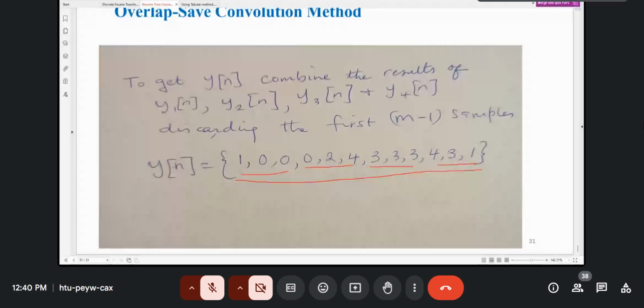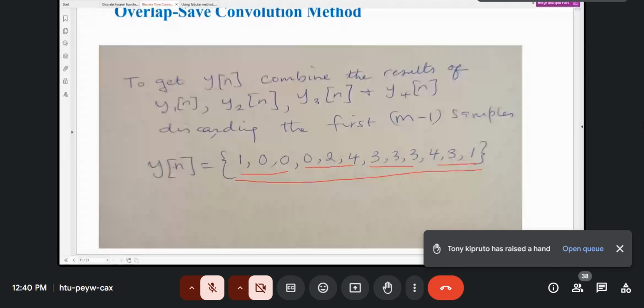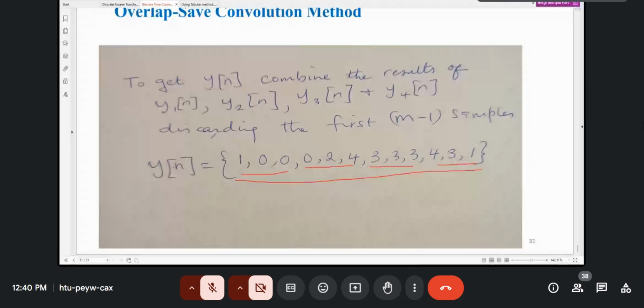Did that answer the question? Yeah. Oh, there's a question. Yes, please. The 5x5 matrix, how does it come out? We just, no, you can create a 5x5